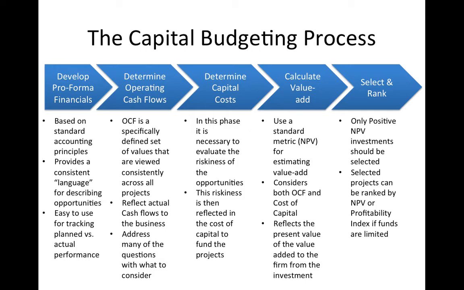And so you could rank them in terms of which ones you like the best and which ones you like the least. And that way, when you find out how much money you ultimately can raise for the investments, you know that you're going to allocate it first to the ones you like the best, and then kind of work down the list. And if you run out of money, you'll know that you got the best projects done first. Now, there are some complexities to that.